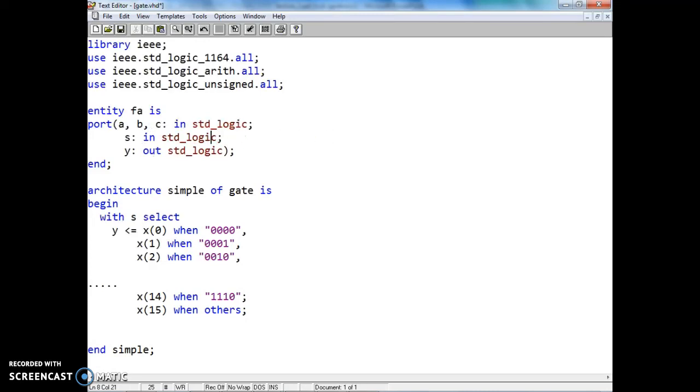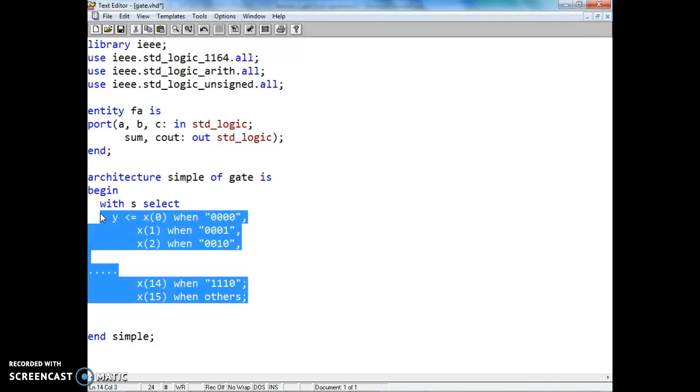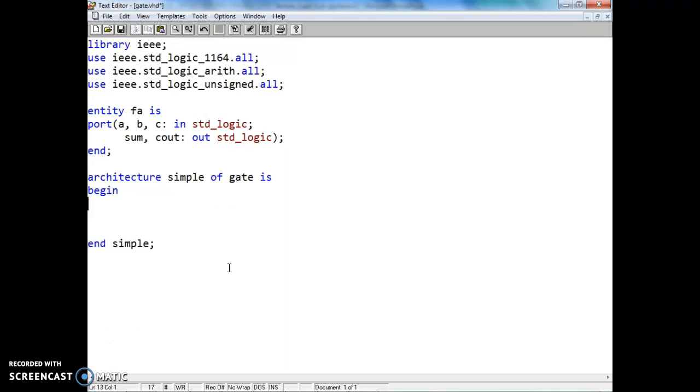One is S, which is the sum. Let's call it sum, and the Cout is the carryout. These are outs rather, not ins, and you've got to put it here. Okay. So let's remove these lines, and with select we are returning to the first option